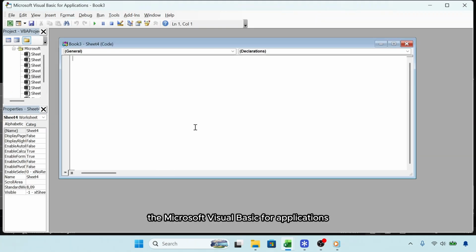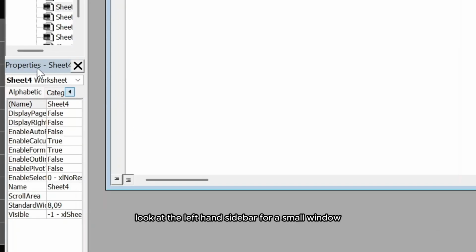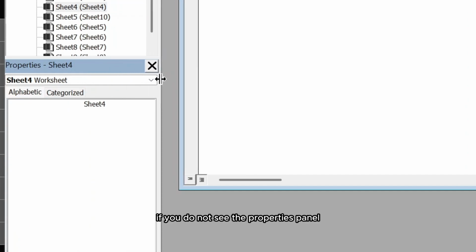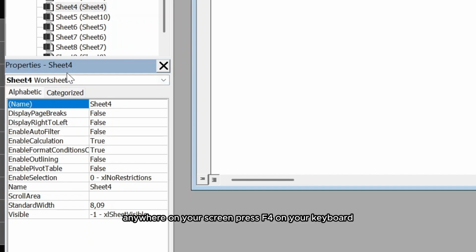The Microsoft Visual Basic for Applications window will instantly pop up over your workspace. Don't panic, you do not need to write a single line of code to use this built-in Properties panel. Look at the left-hand sidebar for a small window labeled Properties. If you do not see the Properties panel anywhere on your screen, press F4 on your keyboard to instantly force